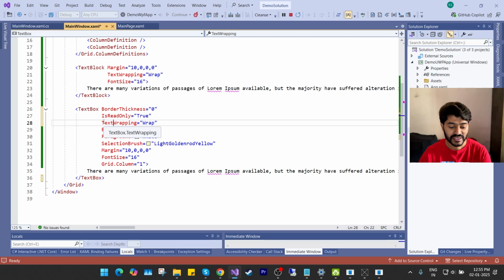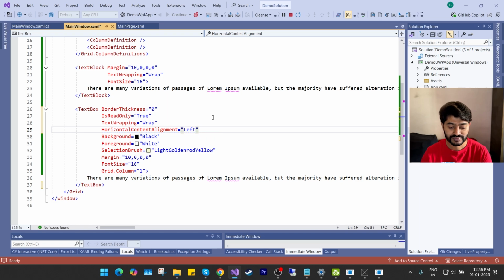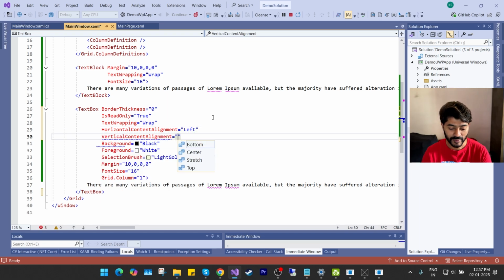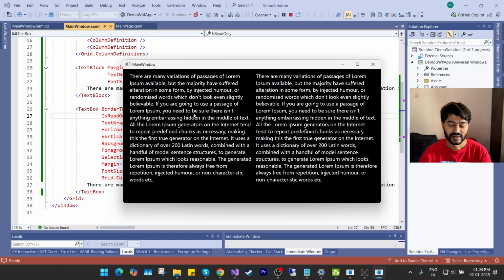I have already set its TextWrapping property to Wrap, then HorizontalContentAlignment property to Left, then VerticalContentAlignment property to Top. Here I have set other properties that are just for the demo purpose. On the left, this is a TextBlock and I'm not able to select any of its text. On the right, this is a TextBox which just looks like a TextBlock and I'm able to select